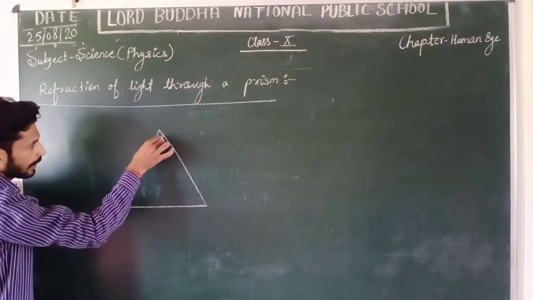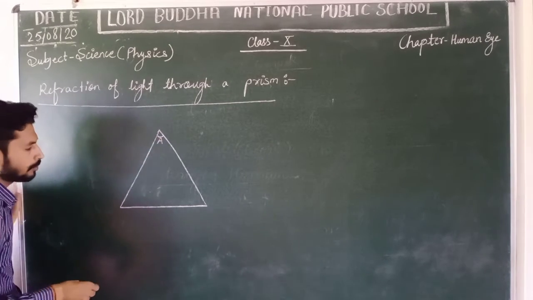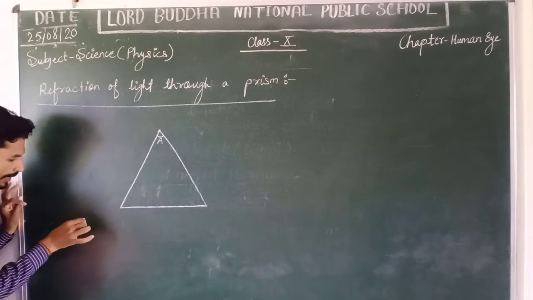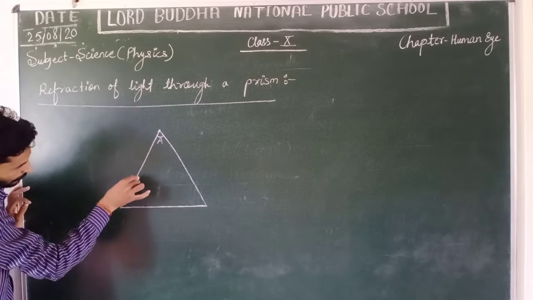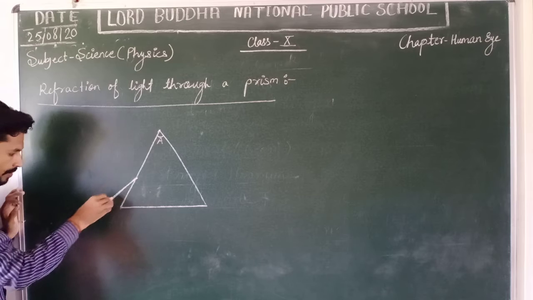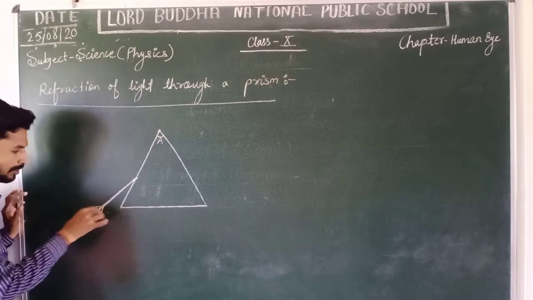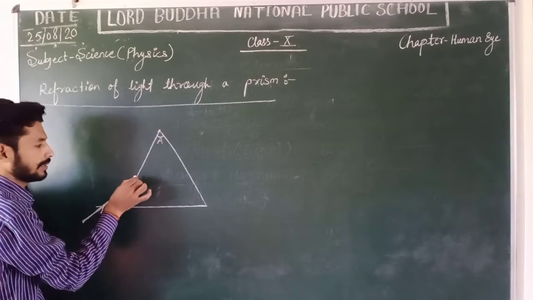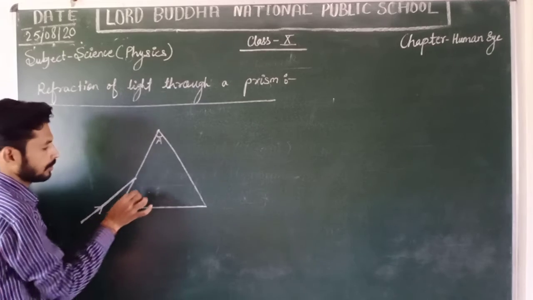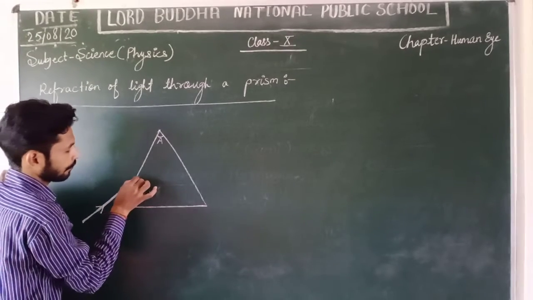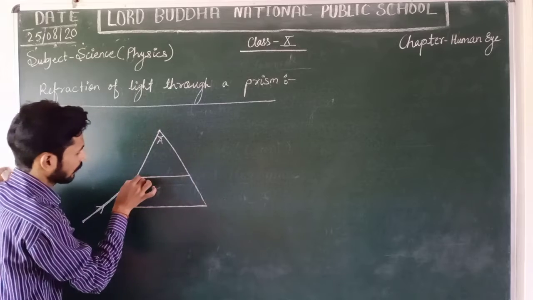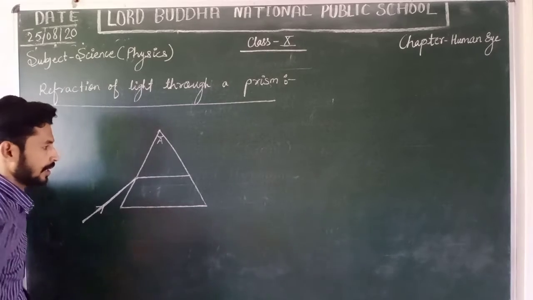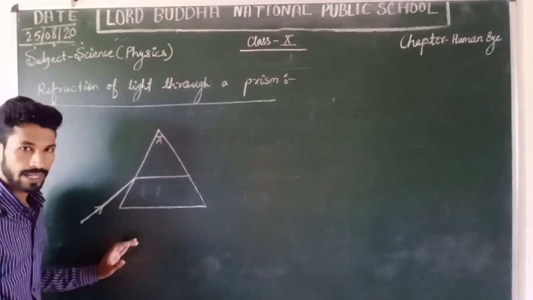Okay, so angle A is the angle of prism, and when light comes from the source and is incident at the surface of the prism, then after refraction it goes parallel to the base of the prism. This condition will be for those prisms